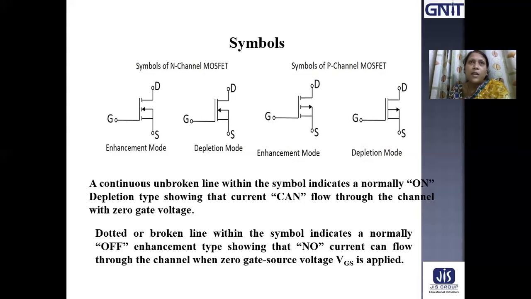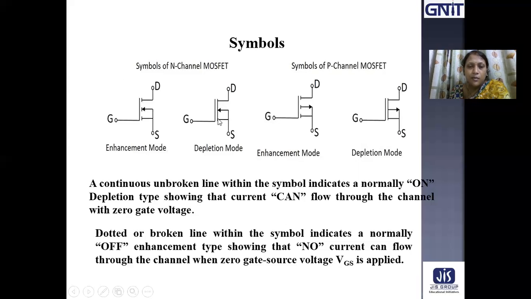Whereas for enhancement type MOSFET, there is no channel present between source and drain at zero bias condition or at the time of fabrication. As the channel is discontinuous in enhancement mode MOSFET, this line is broken here. But in depletion mode MOSFET, as there is already a channel between drain and source,